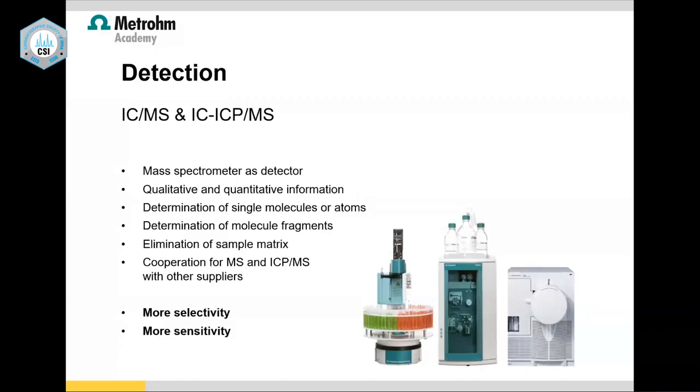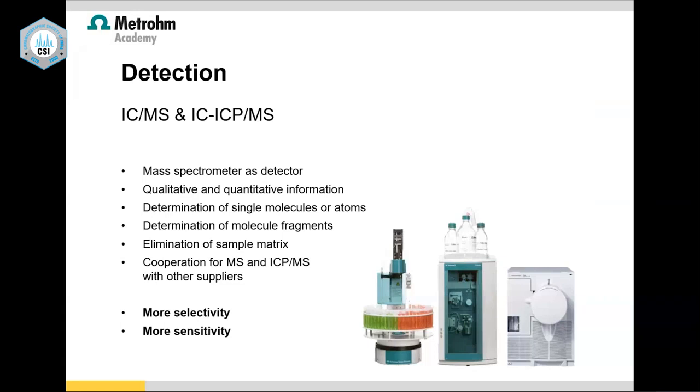Then of course, we can couple an MS or an ICP-MS as one more detector instead of a conductivity detector, if you want to go down the levels, or if you want to do speciation, etc. Normally MS is used for anions at lower levels, for anions, cations, organic acids, sugars, etc. Sugar profiling, I should say. Then ICP-MS normally for arsenic speciation, chromium speciation, selenium, down to gadolinium, etc., down to ppt levels. So that is possible: you can couple it with MS or ICP-MS.